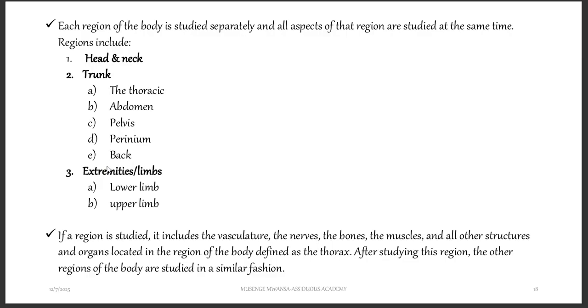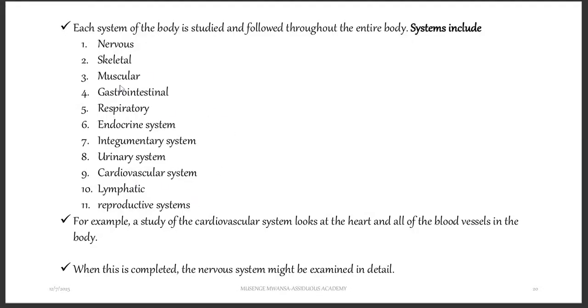The perineum. And then the back. And then the extremities or the limbs of the lower limb and upper limb. Systemic approach is where you now study the systems, the nervous system, skeletal, muscular, GIT, or the gastrointestinal, respiratory, endocrine,